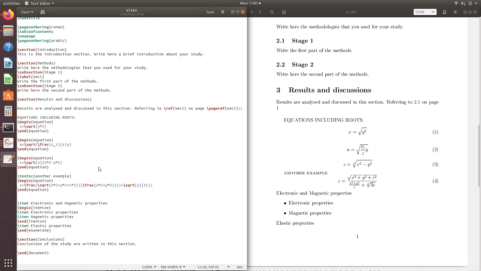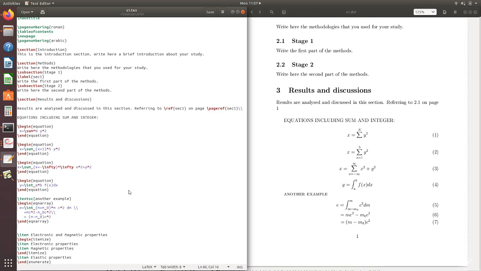So I hope that you just practice it and concentrate and compare with these. Everything will be clear to you. Now go to our next one. Here some equations have been written, and in this case the equation includes sum and integral. So if an equation includes a sum, then you have to write that sum with the command \sum.